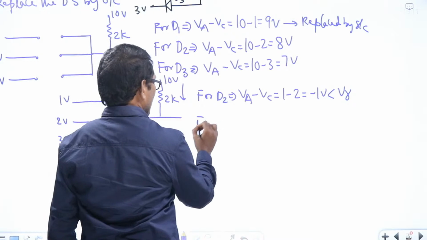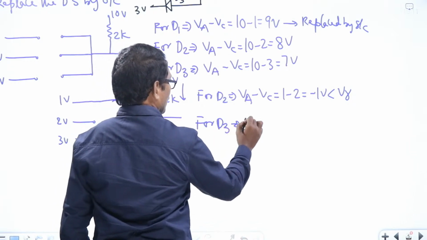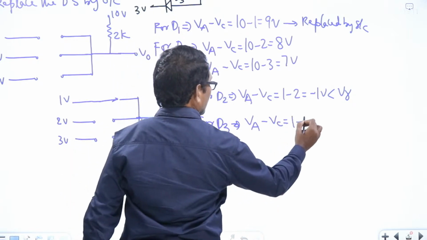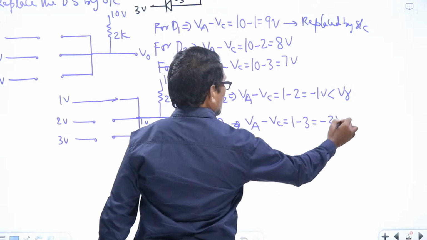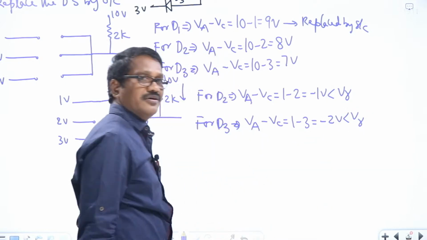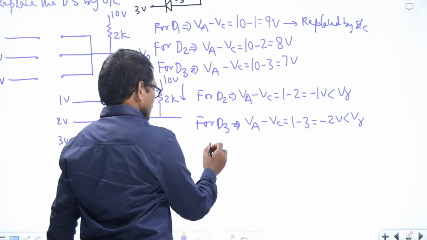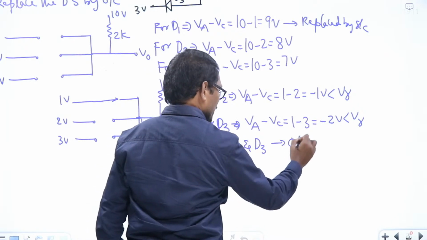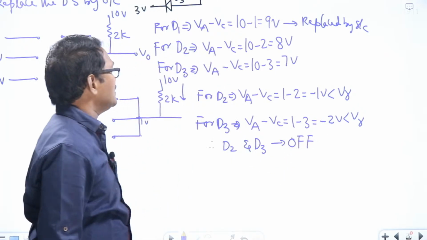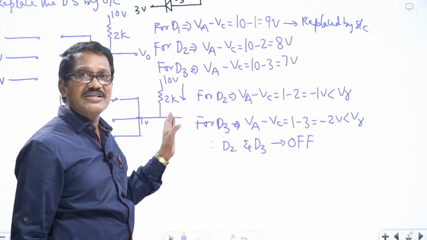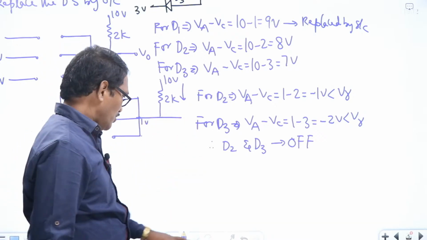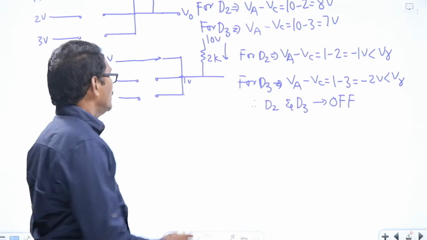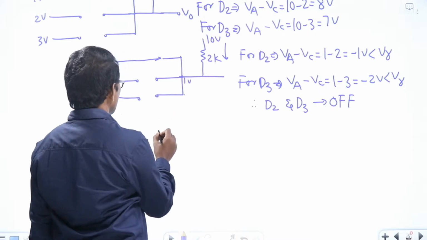Similarly, for D3, VA minus VC is equal to 1 minus 3, that is minus 2 volt, which is also less than V gamma. Therefore, you can say that D2 and D3 are in off state only. Only D1 is in on state, and hence we have replaced it with a short circuit. Now we can calculate current I. Therefore, that means the equivalent circuit corresponding to this is